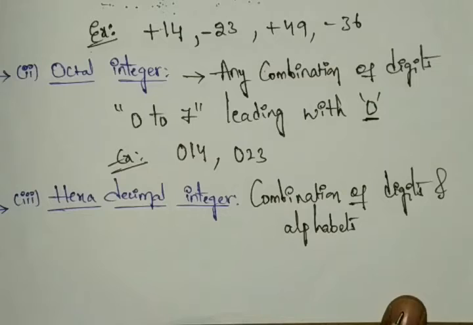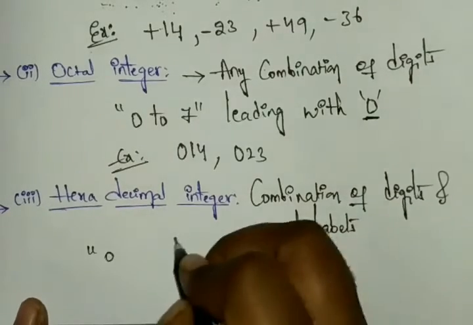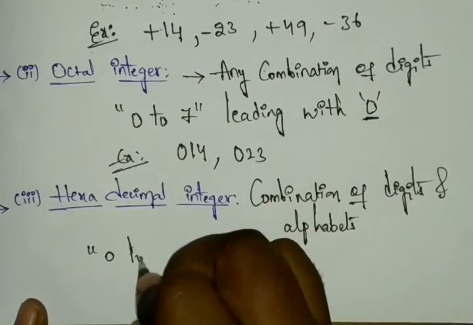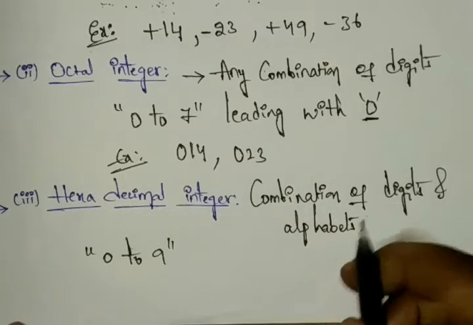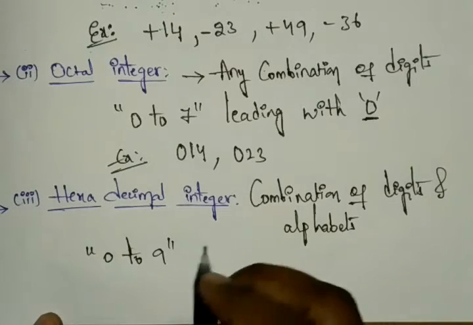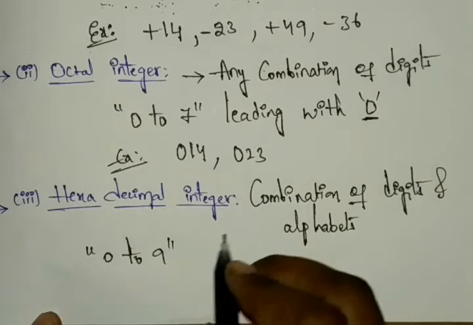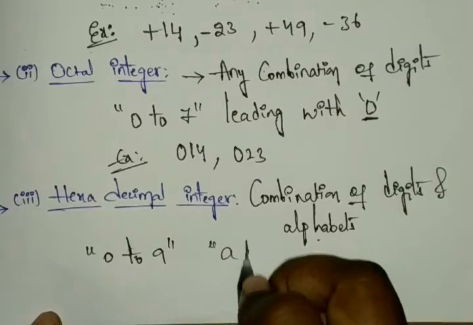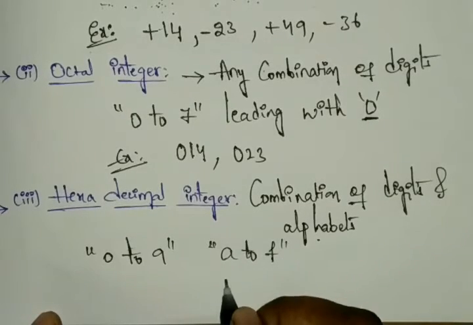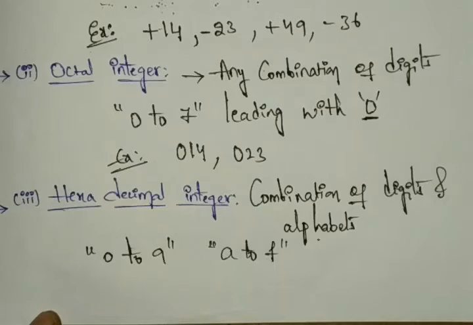But we have only the digits 0 to 9. So it accepts the numbers 0 to 9, but here we need 16 numbers, since it is hexadecimal. Then how can we write these values? By using alphabets we can write these values. So after 0 to 9, you can include the alphabets A to F. A means 10, B means 11, and like that F means 15.